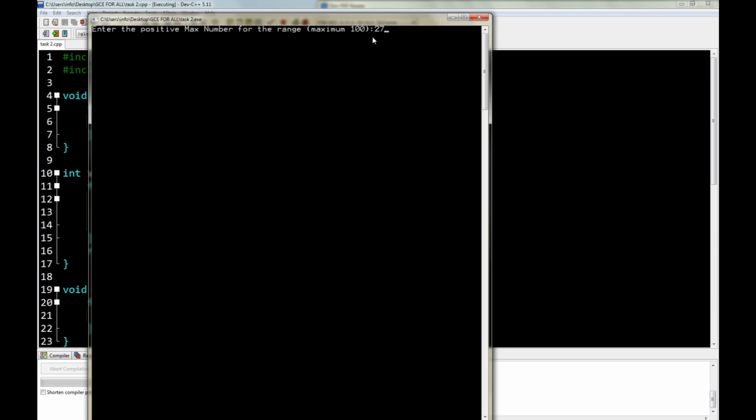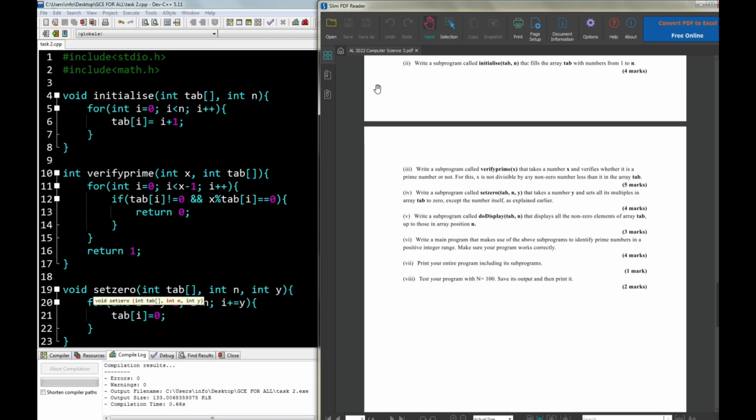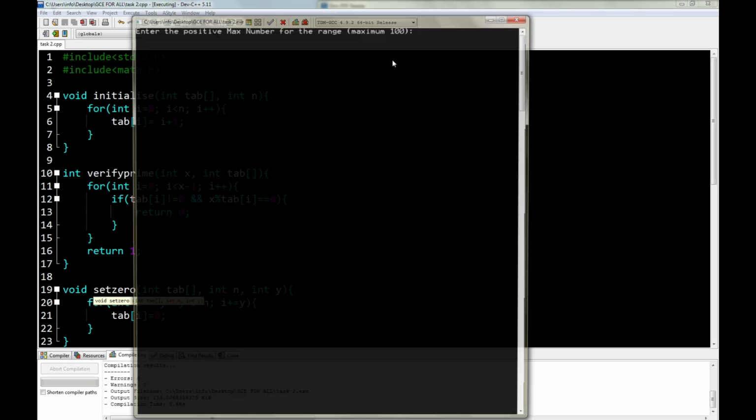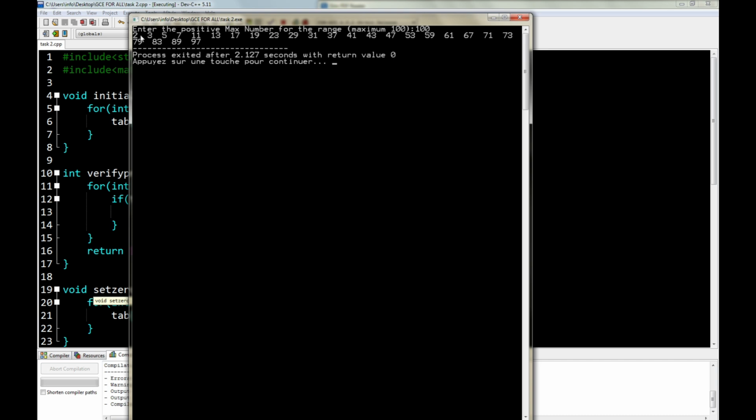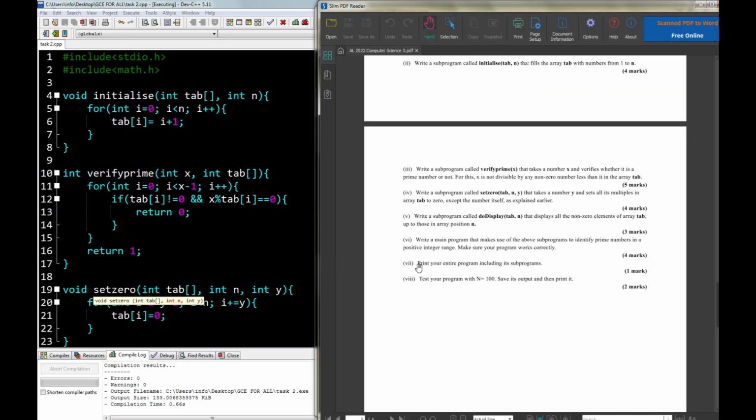So let's say we enter the value 27. It's going to print prime numbers from 1 to 27, as you find there. The instructions say test your program with n equal to 100, save the output and print it. So we test the program with n being equal to 100, and now it has printed all prime numbers from 1 to 100. So with that done, you can do a screenshot of the program